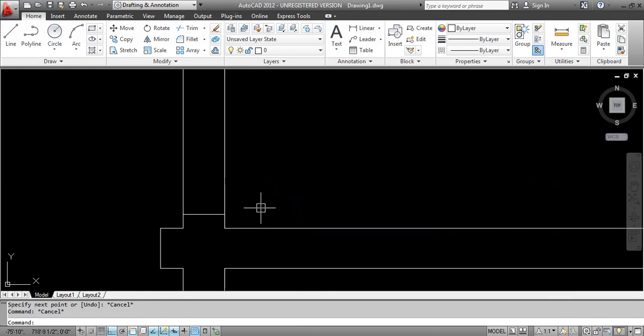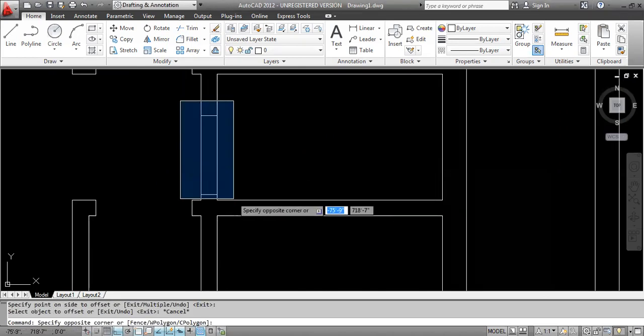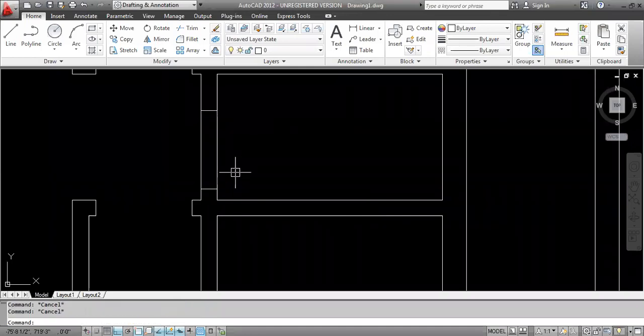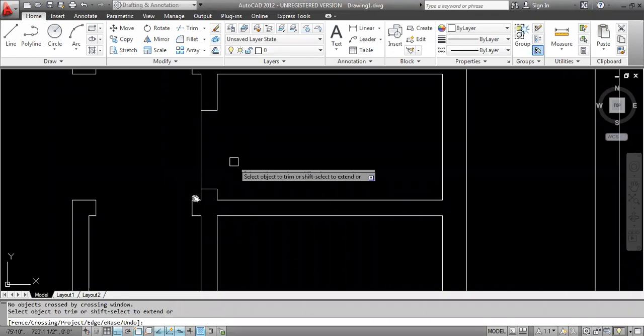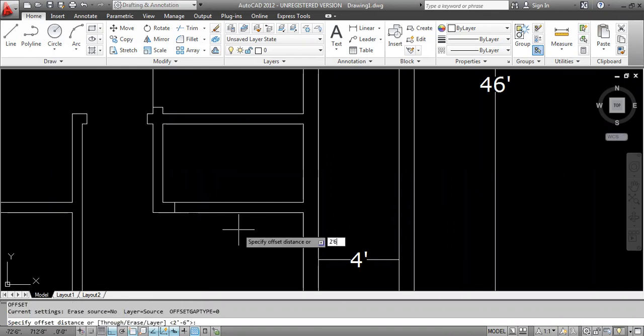Now here I will give the washroom door size, that is 2 feet 6 inches. If you want to move, you can move a little bit up. Here also, outside 2 feet 6 inches.